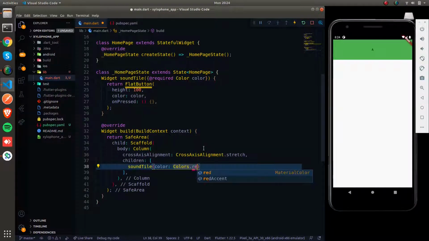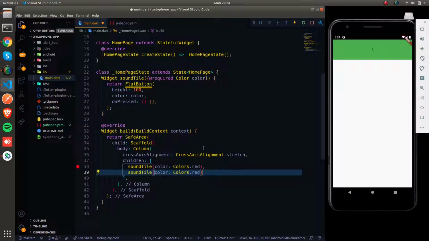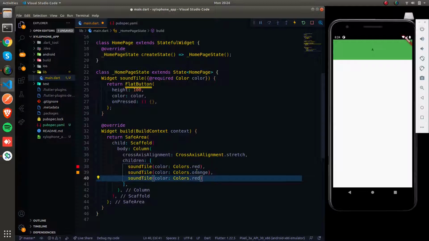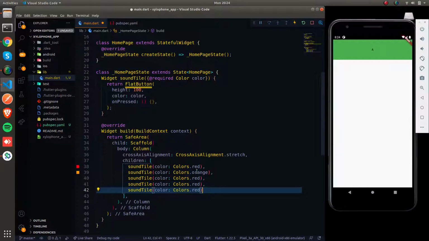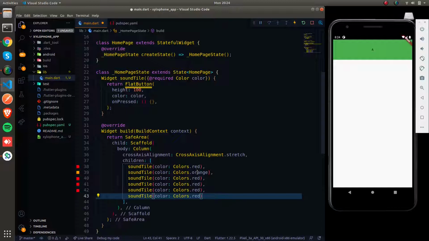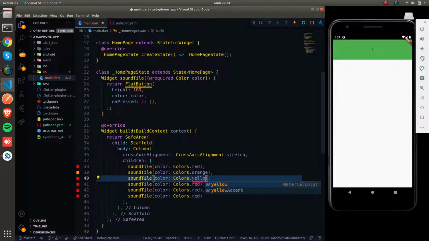So now let's specify some xylophone colors. The first one is red, and the next can be orange, and yellow.